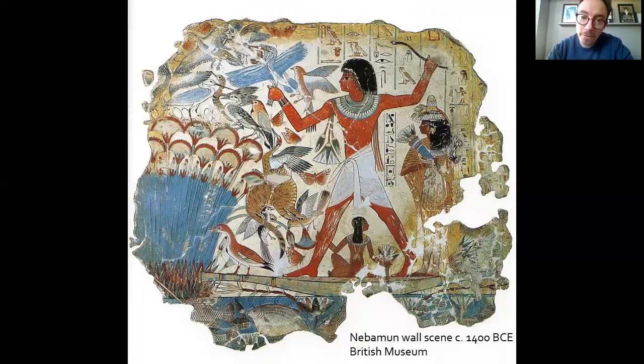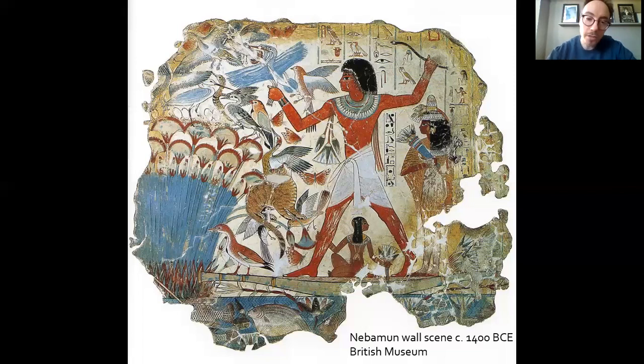So this is a kind of ideal scene in every sense. It's ideal to talk about, and it's highly idealized. These are not snapshots. These are not family Polaroids that you take on a day out. Although that, to be fair, is how they've often been described in Egyptology in previous generations. Now we realize that these are highly stylized, filtered through a number of different lenses of decorum, what is appropriate